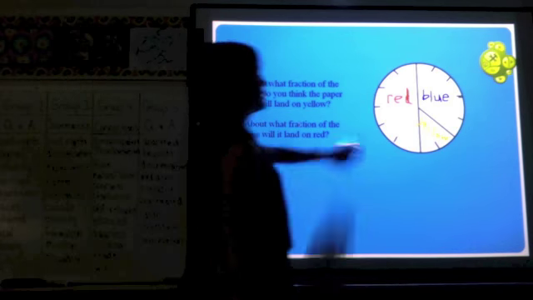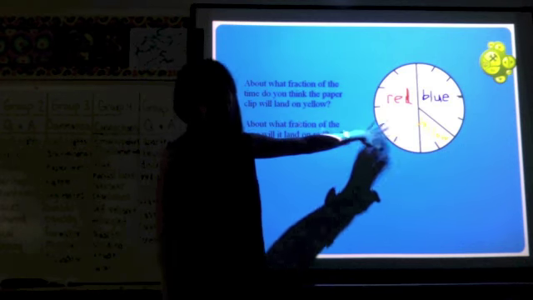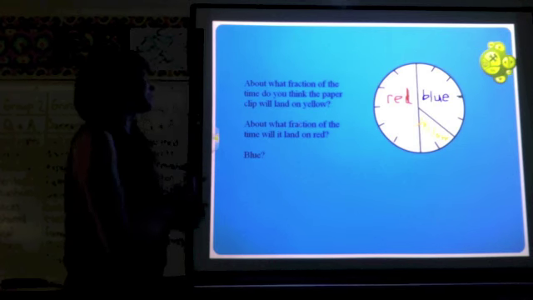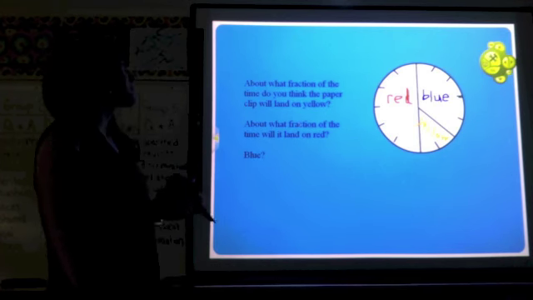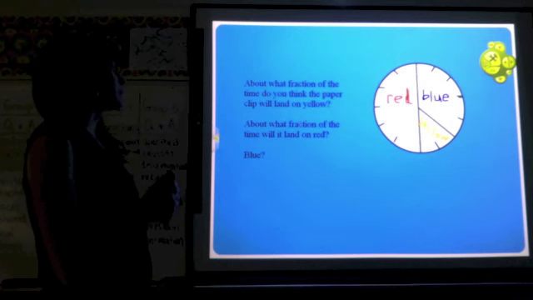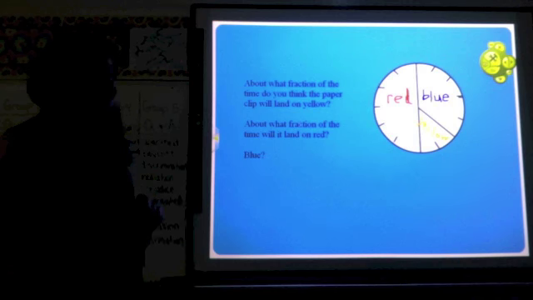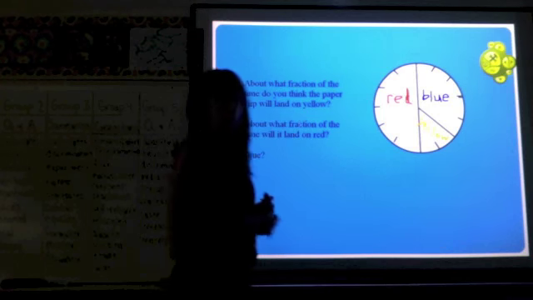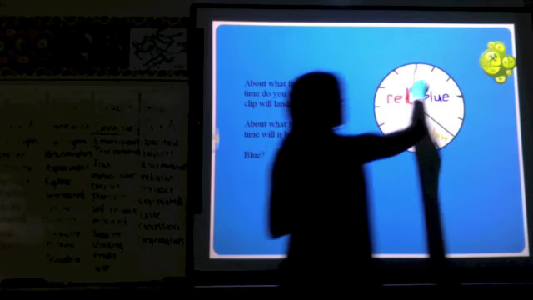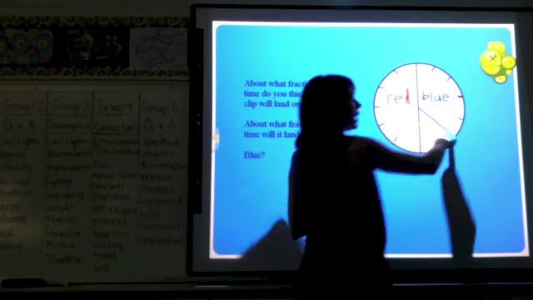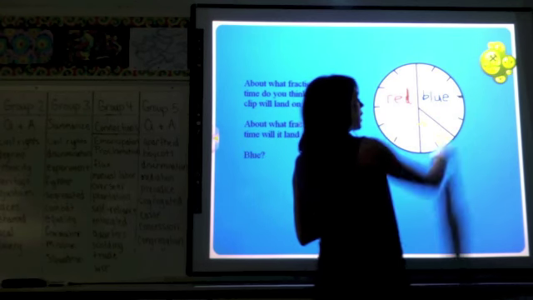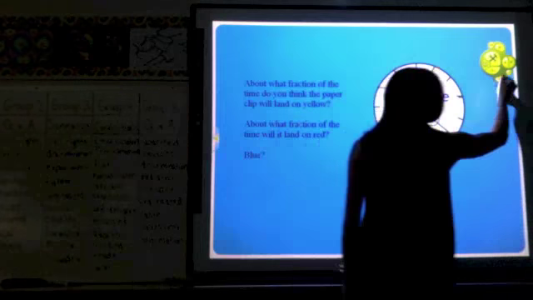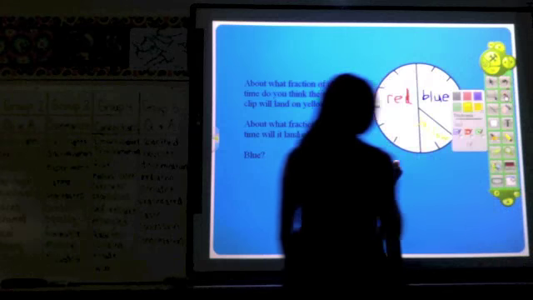And here we have a spinner that's divided into three colors, red, blue, and yellow. The first question that we want to take a look at is, about what fraction of the time do you think the paper clip will land on yellow? So what fraction of our whole does yellow represent? My whole here is a circle, and it's been divided into 12 parts, kind of like a clock. So I know here that my whole is 12,